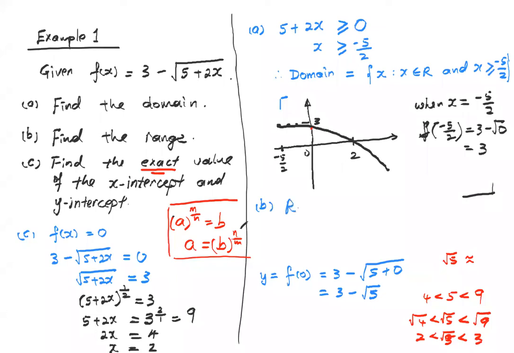So the range is y, where y is a member of the real numbers. If you see a negative sign in front of the square root, usually it will be y less than or equal to 3. If you see a positive sign in front of the square root, the range will usually be more than or equal to a number. Are you okay? And always remember, always remember